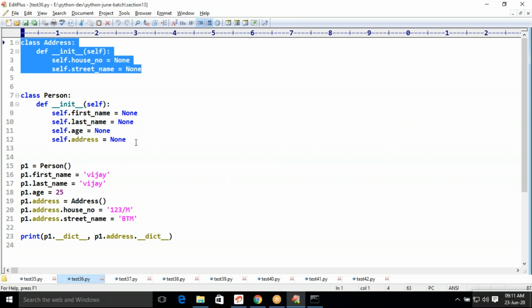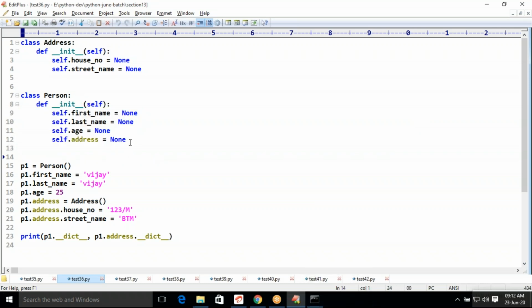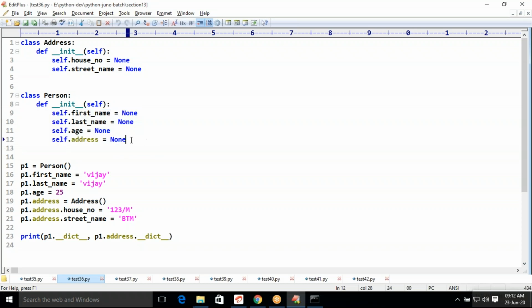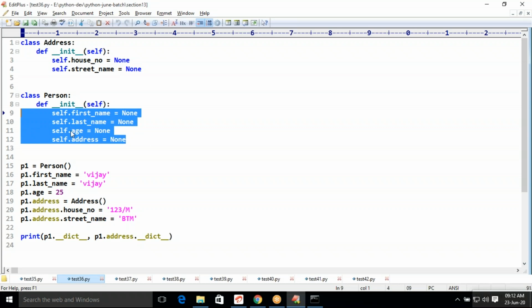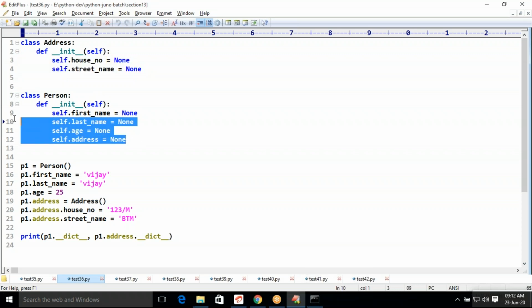Person class with 4 members: first name, last name, age and address. Initially, both the members of address are assigned None, and all 4 members of person are assigned None.